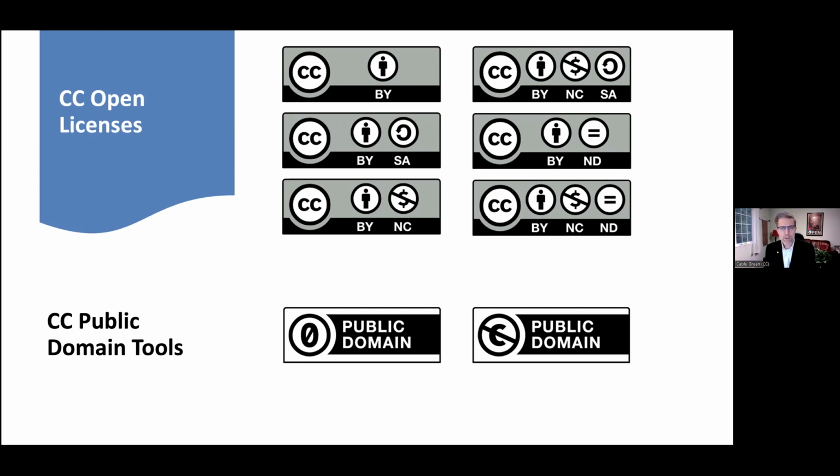NC is non-commercial. NC means you may use my work, but you may not use it primarily for commercial use. And ND is no derivatives. It means you can take my work, you can make changes for your own personal use, but you cannot share derivative works or adaptations with anybody else. So in education, we tend to stay away from the no derivatives licenses because educators change things. We just do.